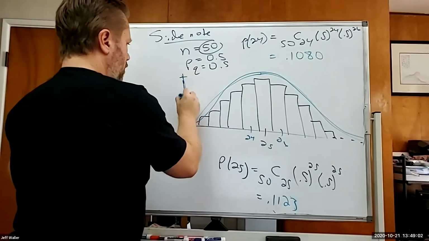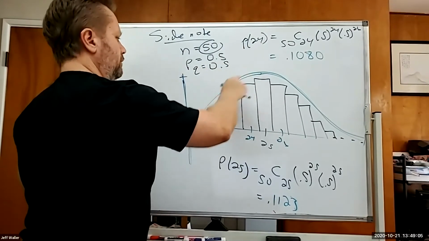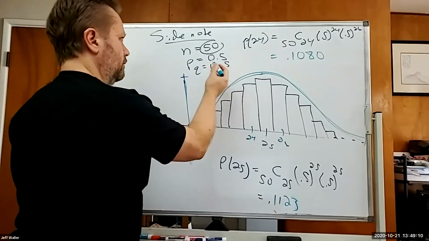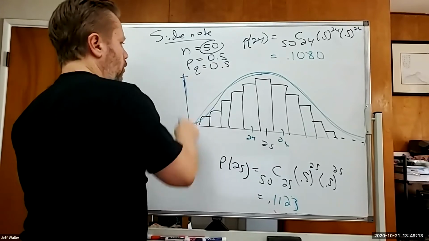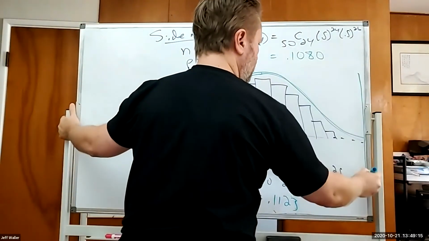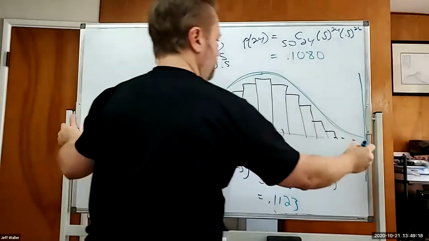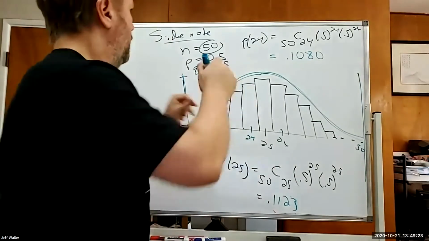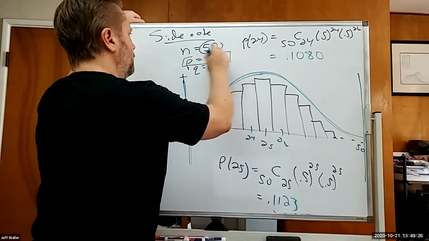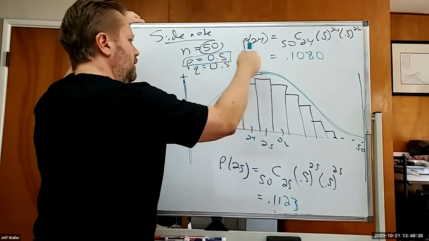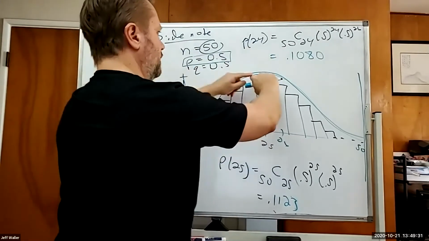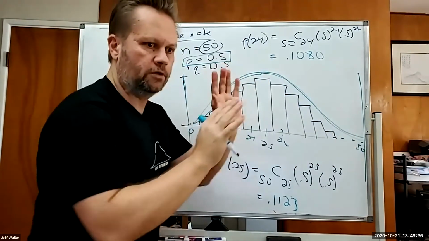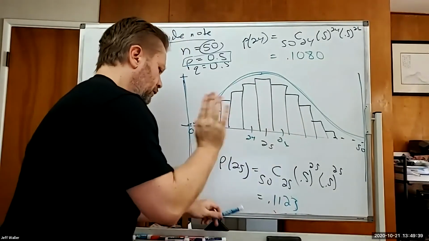Now, what is this wall here? What's the lowest number you can get? 0. So there's a wall here, right? And there's also a wall up here because the highest number you can get is 50, right? Are you guys with me? It makes sense that if the probability of success is 50%, the highest bar will be right in the middle. Doesn't it have room then to go down from there on both sides? So now what about this? Stay with me.